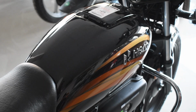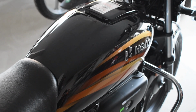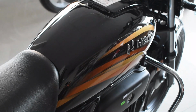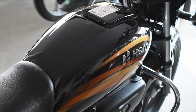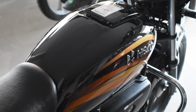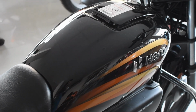Now frankly speaking guys, this is one of the best mileage giving daily commute bikes in the Indian market, and some of the bikes give less mileage than this bike. So if you're looking for good mileage in the daily commute, you can easily take this bike for your daily commute purposes. And not only that guys, with a full tank of fuel we can do almost 770 kilometers at a stretch without